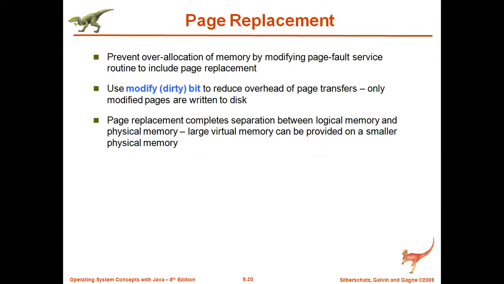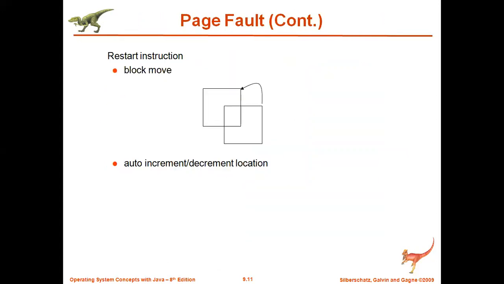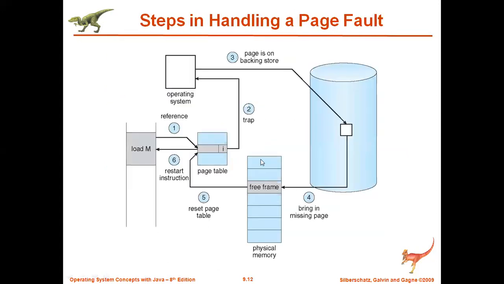What do you mean by page replacement? So I just said in the previous diagrams, I'll quickly go back. If the page is not there in the main memory, then what is the CPU doing? Then it is contacting the operating system. The operating system is bringing that page into the main memory. So here, assume that this particular frame is not free. Then what do I have to do? I have to shift this person out of the main memory, then bring the new person into the main memory. So this is called page replacement.